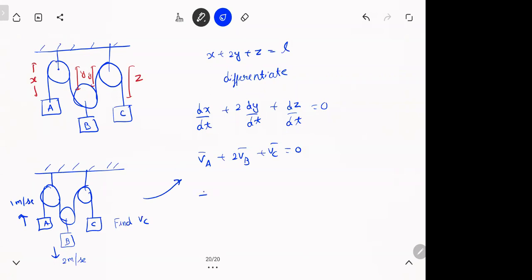It is going up, na? So plus 1. B is coming down, na? So minus 2 times 2, plus V_C is equal to 0. So this is 1 minus 4 plus V_C is 0. You get V_C is plus 3. Plus indicates it is going up. Yeah, that's how you solve this kind of problems. So they'll give you 3-4 blocks. They'll give you the velocity of 2, and they'll ask you for the third one. So this is how we can use method 1, to find the relation between them.